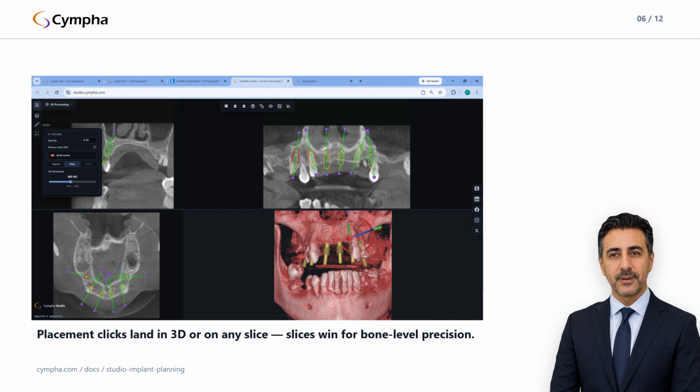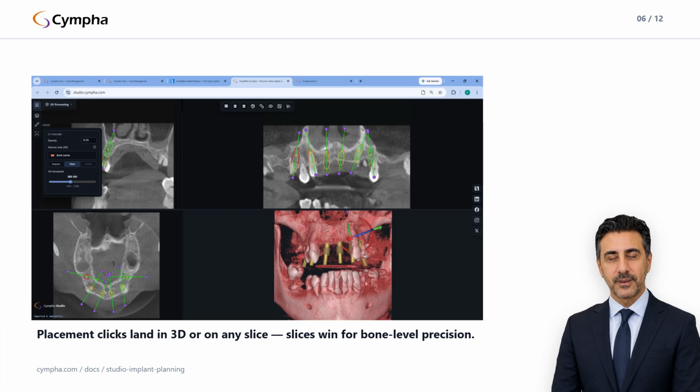With the implant placed, refine it. Drag the gizmo's translation handles to move the implant. Drag the rotation rings to adjust angulation. For fine control beyond dragging, double-click the implant in the three-dimensional view. That opens the movement panel for keyboard-driven adjustment. And don't neglect the slice gizmos. In the reformatted views, they give you axis-aligned nudges along the bone, which is often exactly the constrained movement you